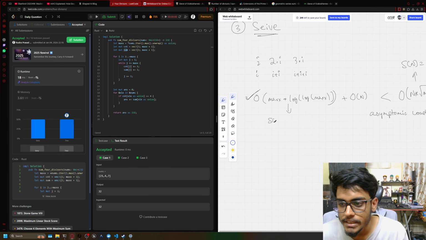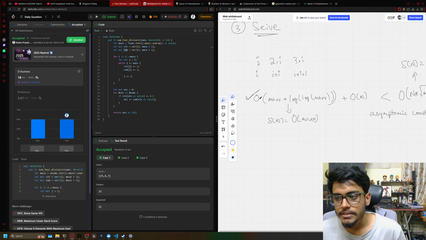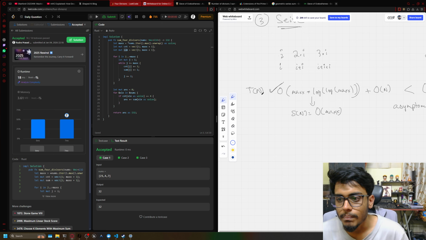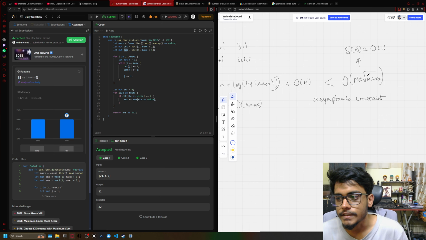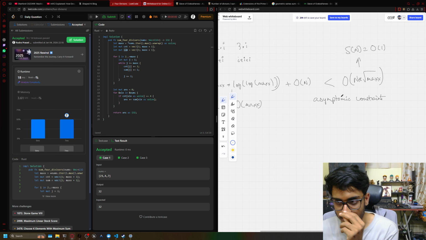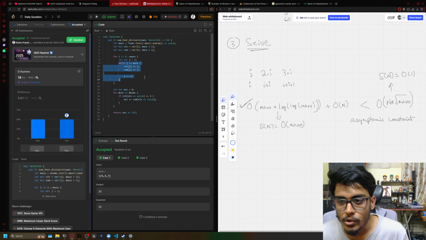So space complexity wise, this is a little hefty, but yeah, we go off max. But time complexity wise, this is much faster than this, considering asymptotic constraints. Cool. Now if you have doubt about how this loop is a logarithmic time complexity, I will